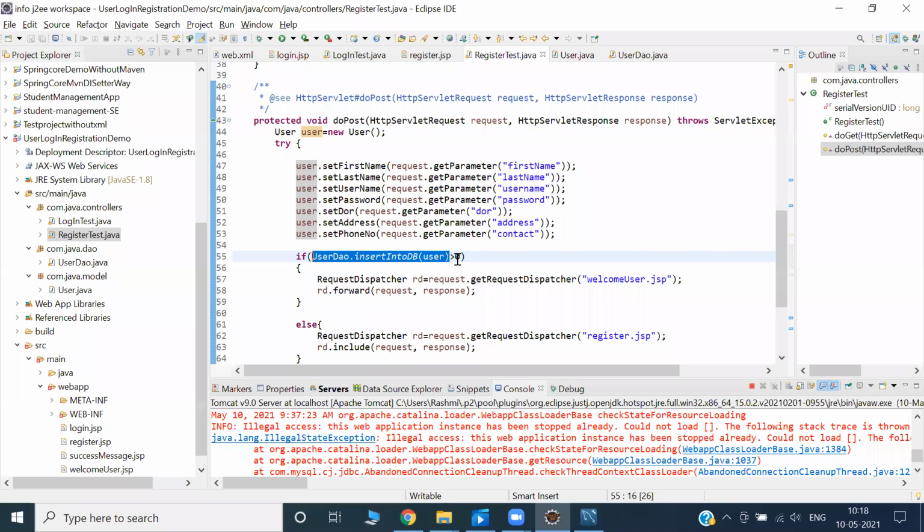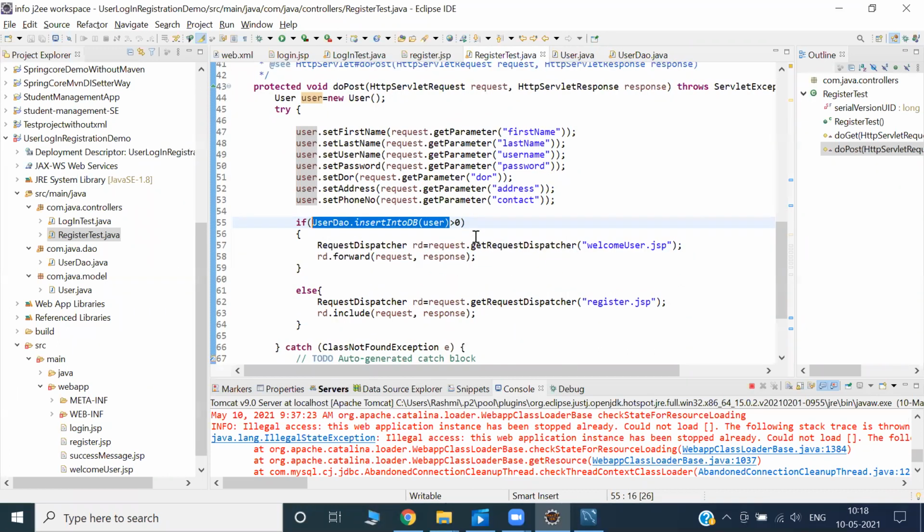Every time it is successfully inserting, it will return the value 1. If it returns 1, which is definitely greater than 0, then go to the welcome JSP. If it returns false, it will go to register.jsp.